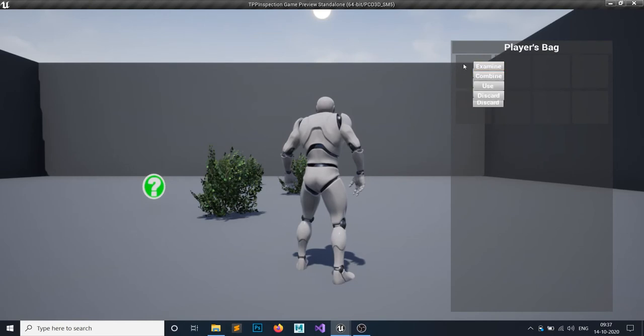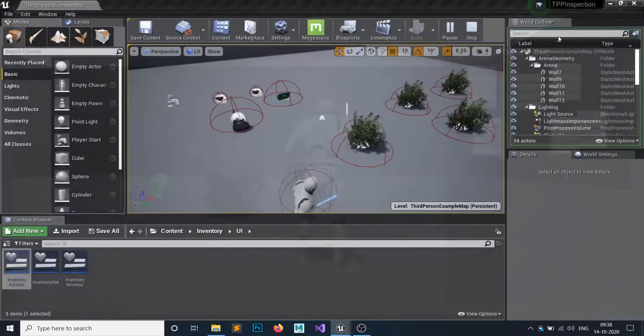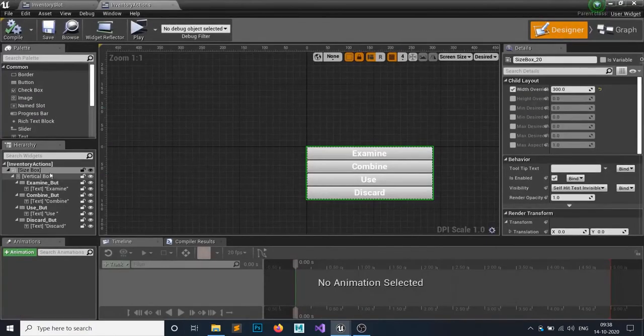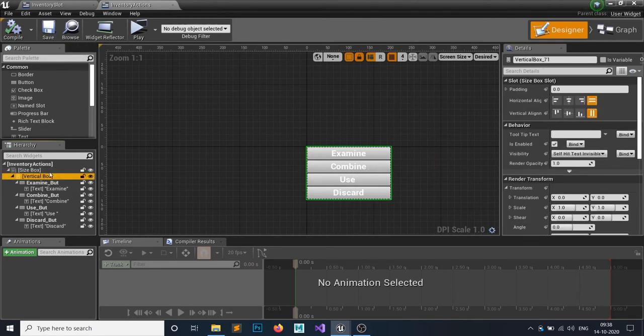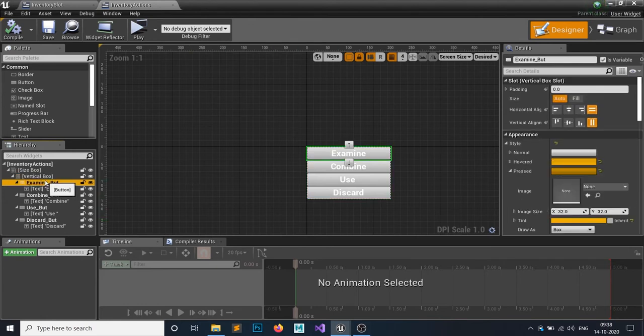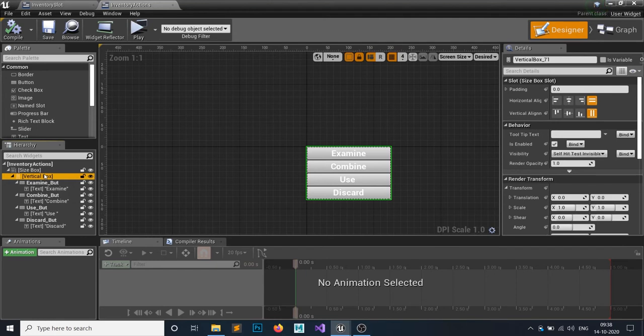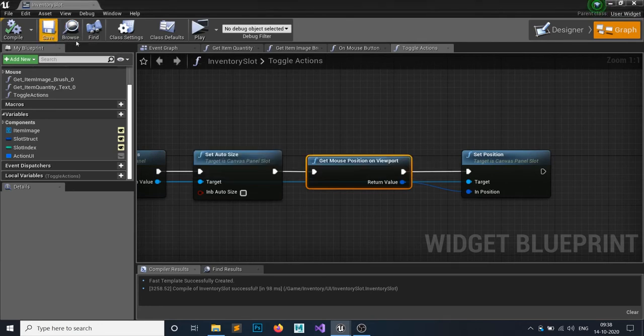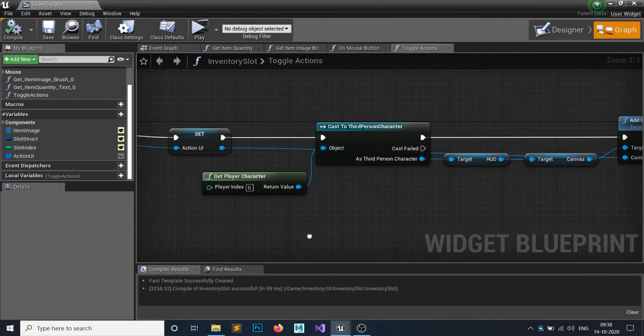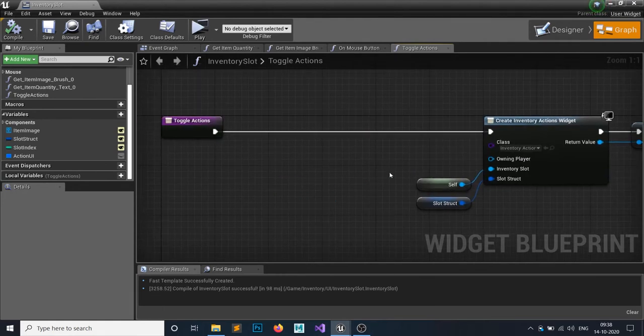Okay, this is not happening. You can see, if you click on this, it is spawning again and again, but we can fix this later. Okay, this is our inventory actions. Okay, width override to 200. Yep, because we want to set this inventory. Okay, so we have done this. We can fix this issue later because we have many more things to worry about. Okay, so you can see we have done this thing.